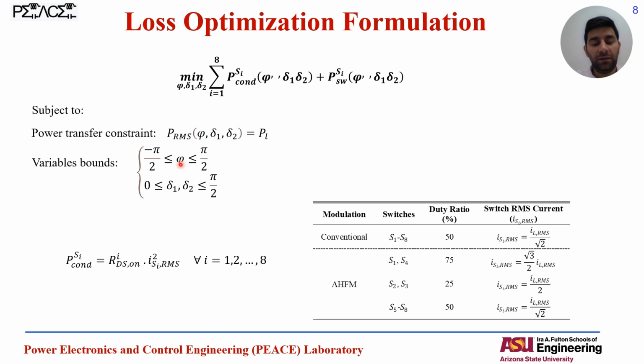Phi could be from negative pi over 2 to positive pi over 2, and delta 1 and delta 2 could be between 0 and pi over 2. And how do we calculate the conduction and switching losses? Here you can see the equation for the conduction loss. It depends on the R_DS(on) of the switch and the RMS switch current, which we can extract according to the inductor RMS current that we had from the GHA analysis of the circuit. And in this table